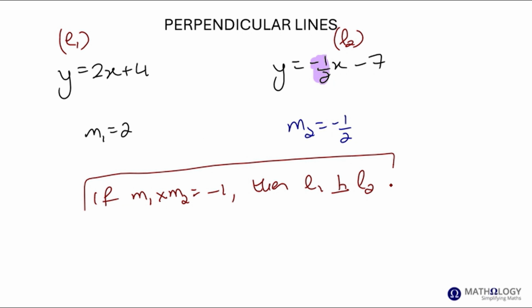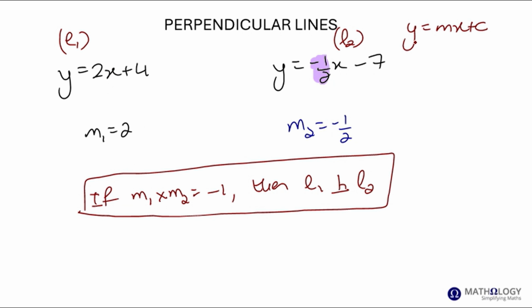We write the straight line function in standard form. Remember, standard form is y equals mx plus c. We then write down the gradient of each of those lines. If the product of the gradients, product means times, is -1, then those two lines will be perpendicular to each other. That's the criteria for perpendicular lines. If gradient 1 times gradient 2 does not equal -1, if it's any other value, then those lines are not